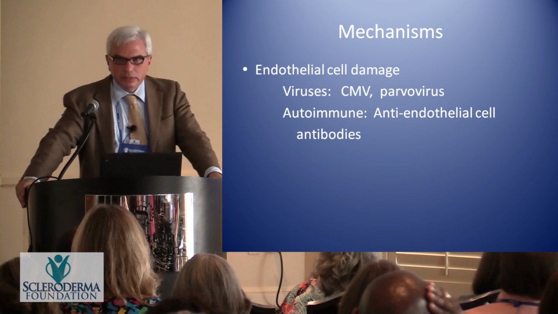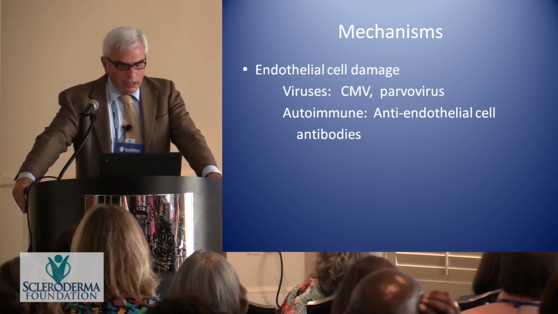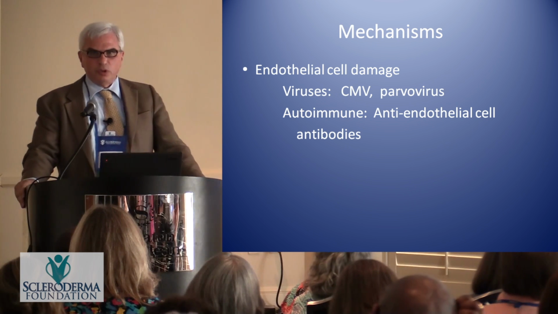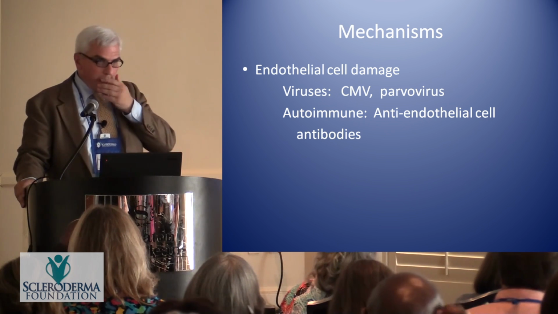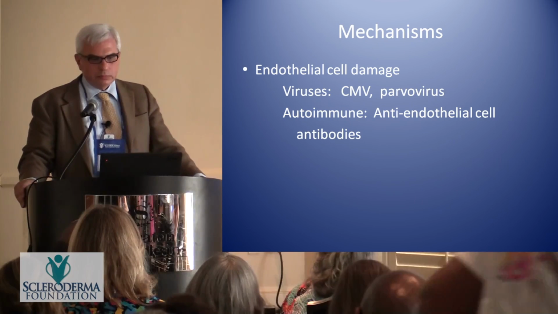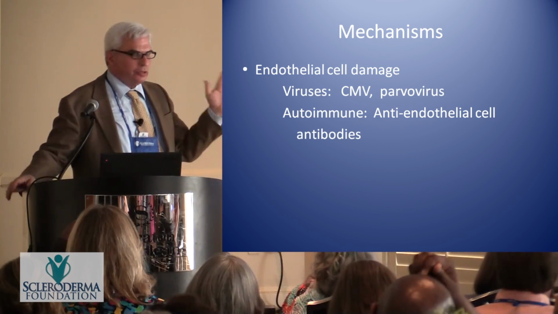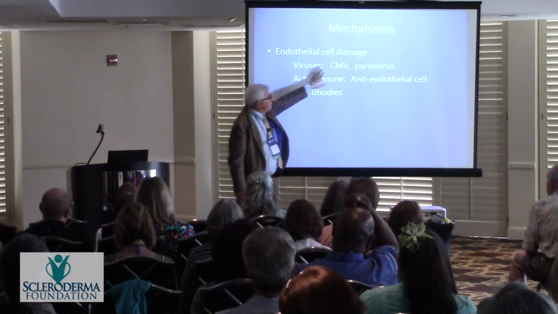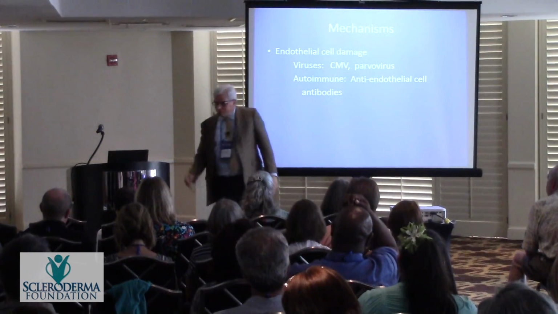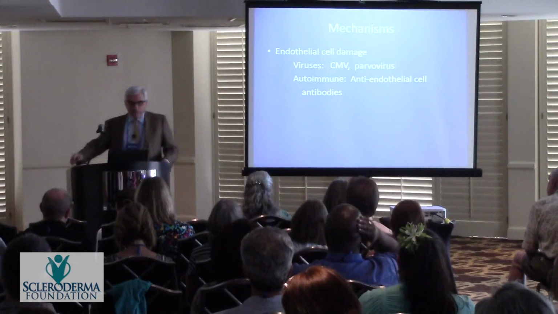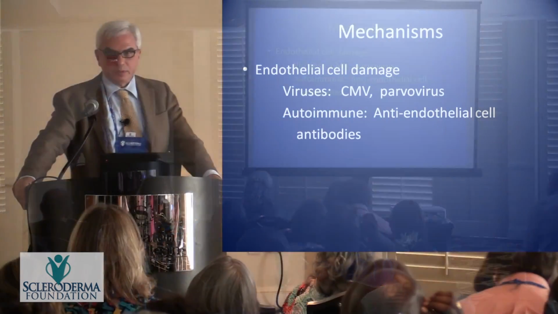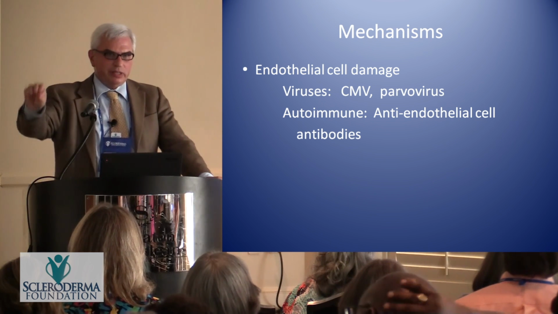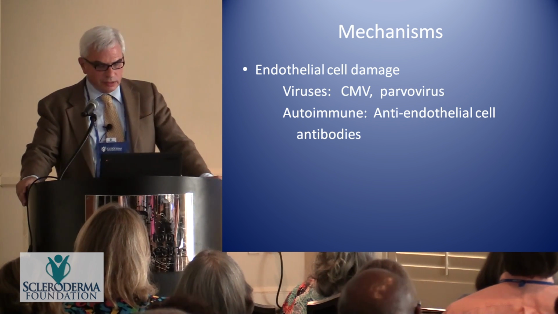What causes the damage to the blood vessels? Well, first, we know there are some viruses that are endotheliotropic. That means that instead of going to your skin or your heart, they go to blood vessels. CMV and parvovirus in particular. These are not universally identified in individuals with scleroderma, but there are plenty of individuals where they have been found. And they land in the endothelium, the inner lining of the blood vessels, and they trigger